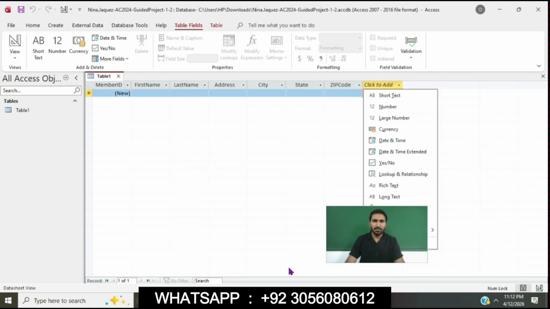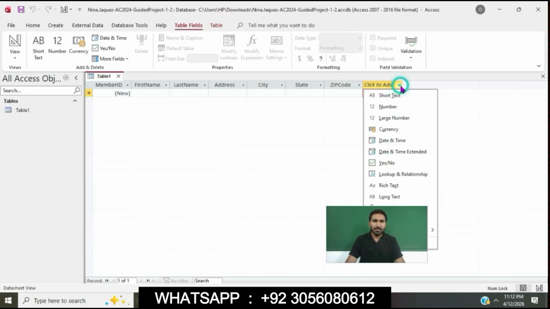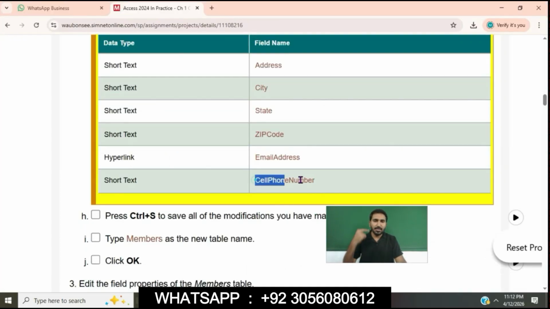Zip code. So the next field name is email address. Email address. Okay, you can see this. I have entered this. So the next field name is cell phone number.